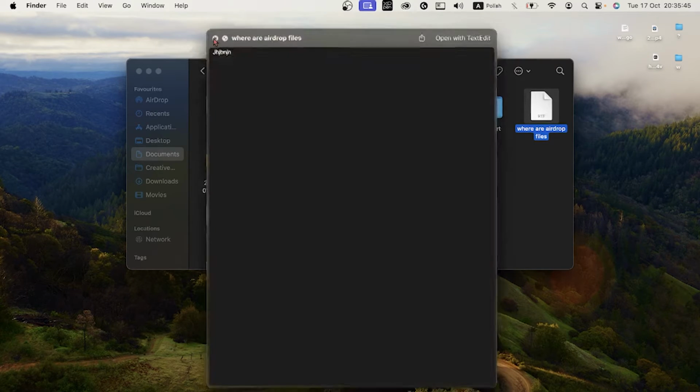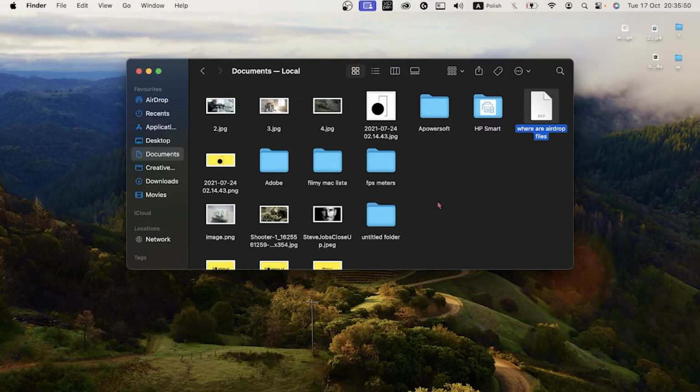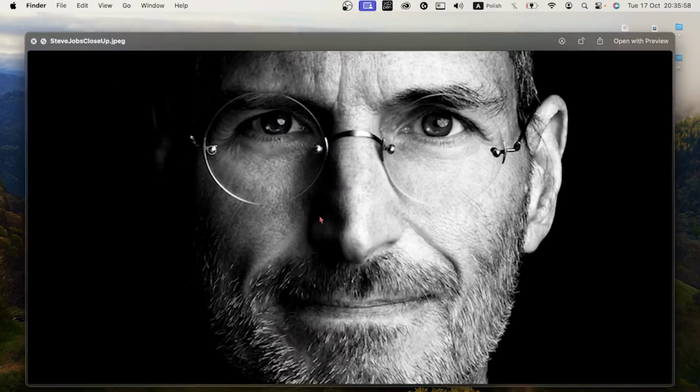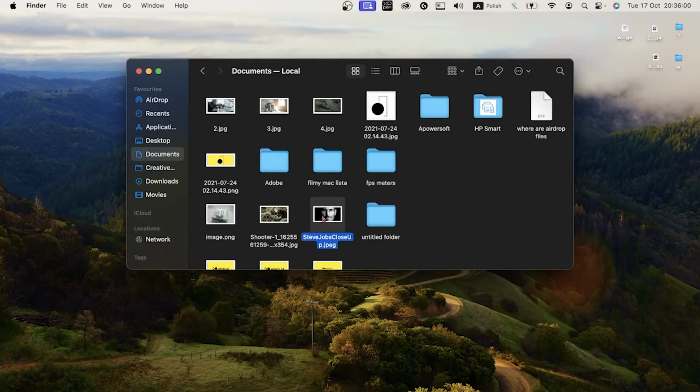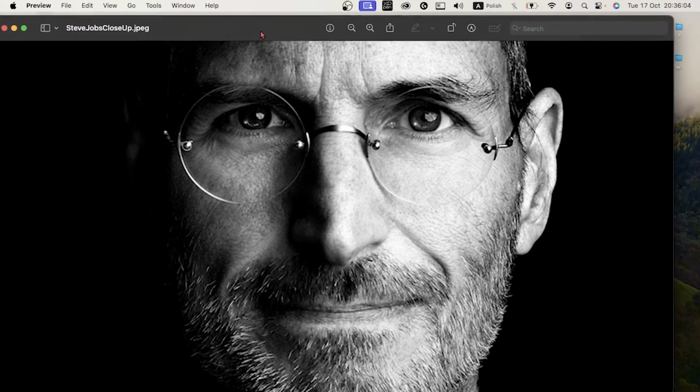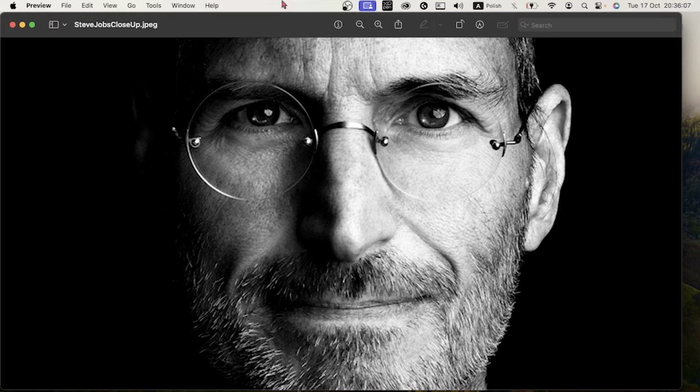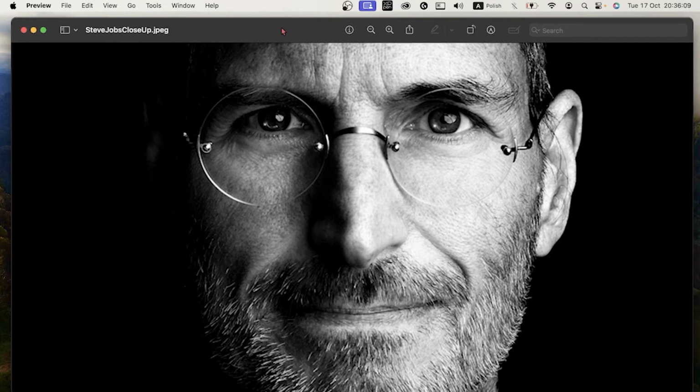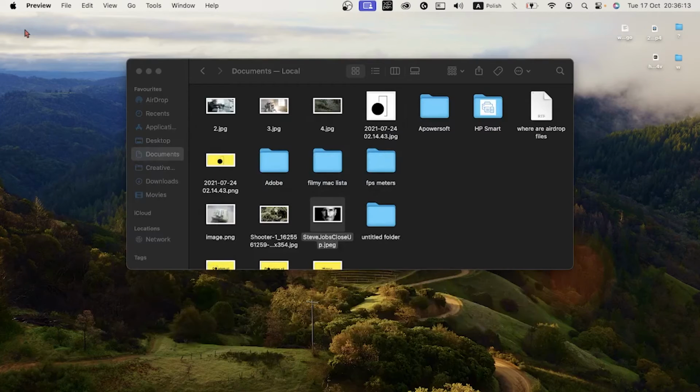It's very fast, as you can see. I don't need to wait until the TextEdit application opens, and I can do it with any application I want. For example, with the images, I can do it in the same way. I can press twice and open it in the, I don't know, the application that opens it